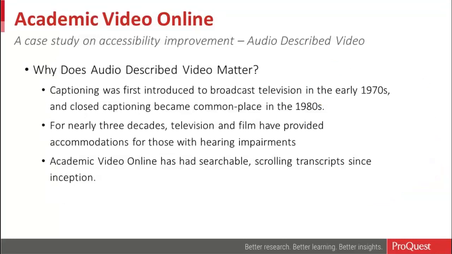So why does this matter? Why did we want to add this to the product? To explain that, I'm going to go just a tiny bit into the history of accessibility in video, which starts with closed captioning, first introduced to broadcast television in the early 1970s. It became commonplace pretty rapidly by the 1980s. It was present in mainstream television and film, and it provided a reasonable accommodation for those with hearing